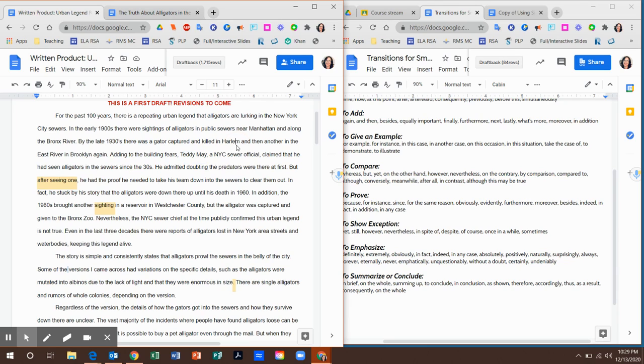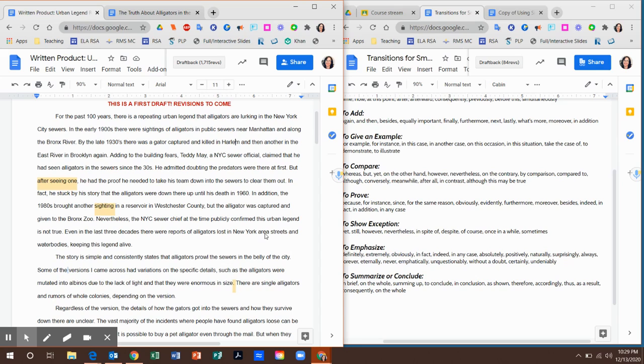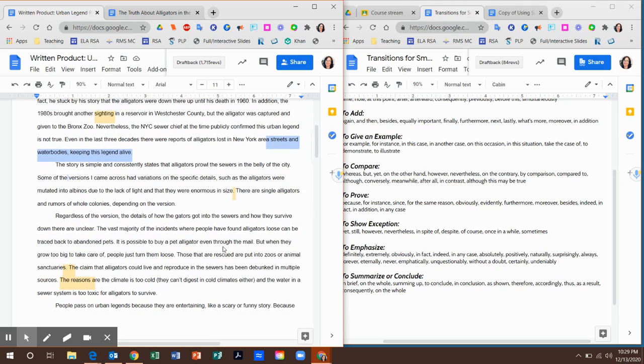And if I look at the details, right, where are they found? They're not found down in the channels like the sewers under the city. They're found in the public waterways. So there might be one in a river, right, where someone had discarded that pet when it got too big, but they're not actually living down in the sewer system, like lurking down there and breeding down there. So even in the last 3 decades, there were reports of alligators lost in the streets, right, and different water bodies in New York, which kept the legend alive. Okay, so what I want to do next then